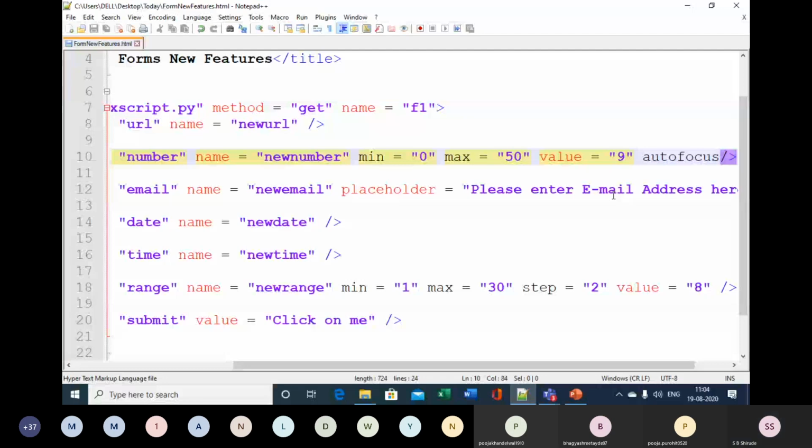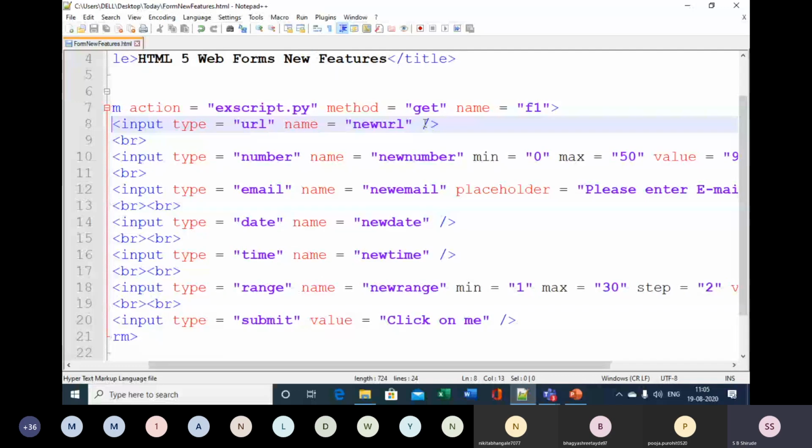Then another attribute supported by HTML5 is the required attribute, and it is a Boolean attribute. This required attribute makes that particular control compulsory to be filled. Otherwise, it will give an error. For example, if I insert the required attribute to this input type URL, it's a Boolean, so just put required.